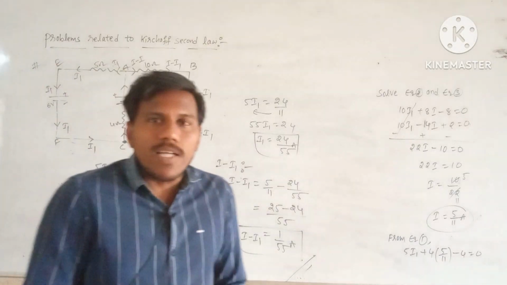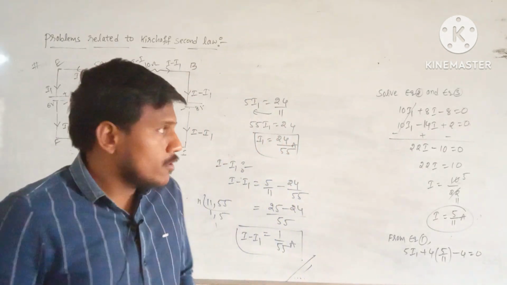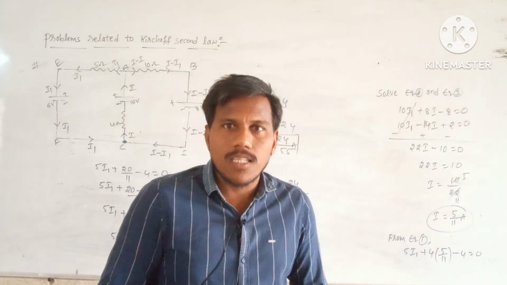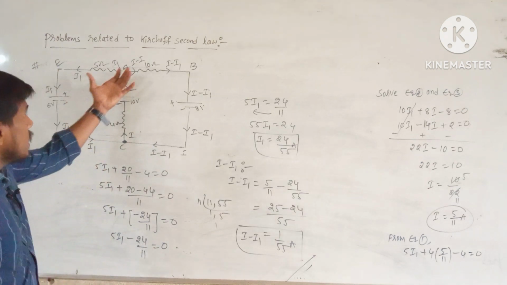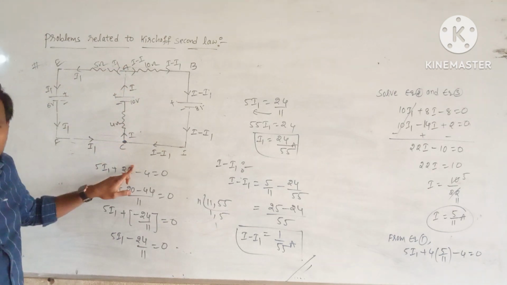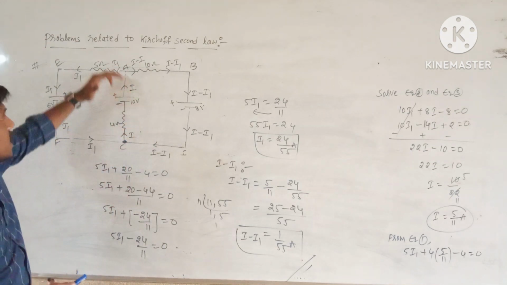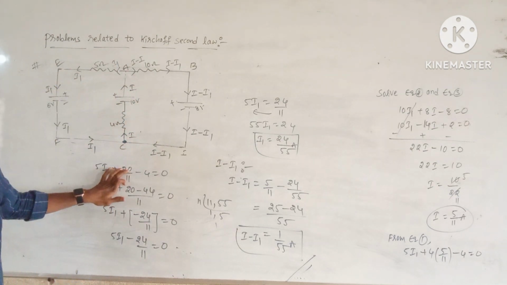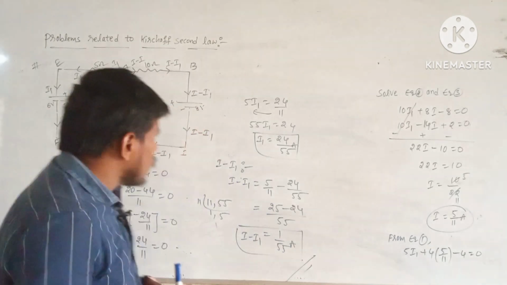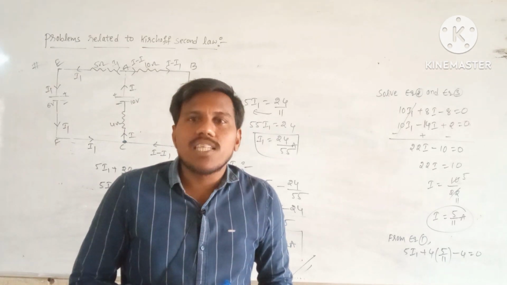Hello students, I will give one question to you. You will try to find the answer. After you find the answer, keep the answer in the comment section. The question is, in this diagram, find the potential difference across these 2 points A and C. You follow sign conventions. Based on sign conventions, you will try to find the potential difference across A and C.